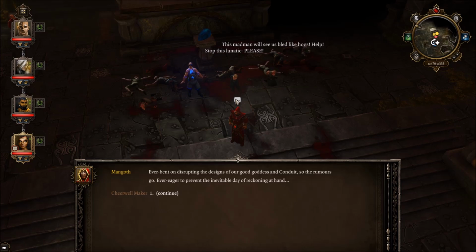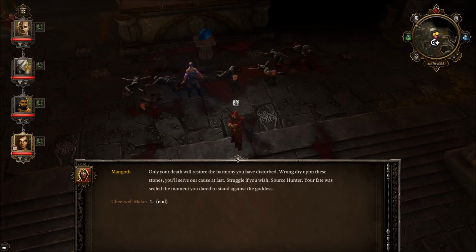Ever eager to prevent the inevitable day of reckoning at hand. But the blessed goddess has guided you here, Source Hunter. She has delivered you into our hands. Only your death will restore harmony. If disturbed, you fail was the moment you dare to...